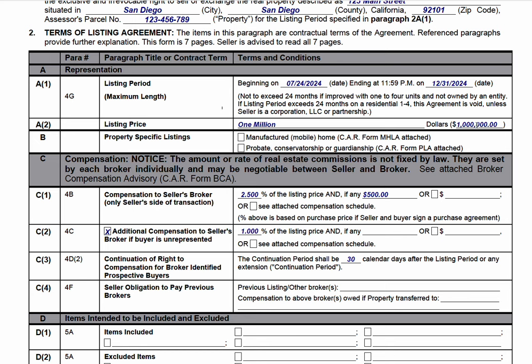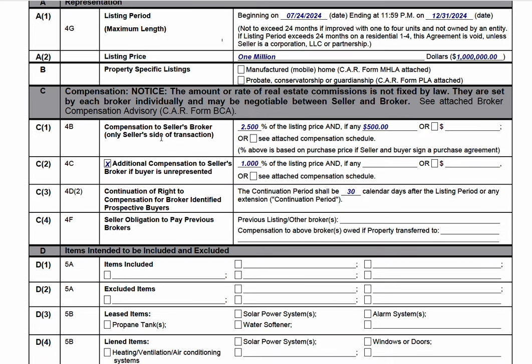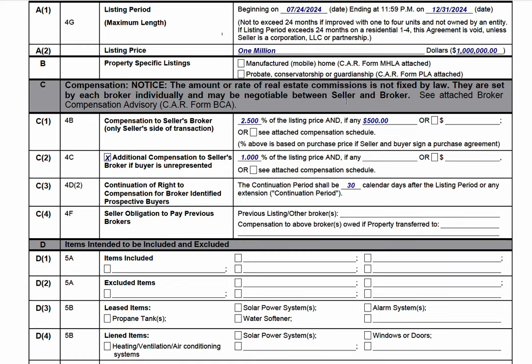Listing price, you'll put in a dollar amount and it'll automatically calculate a text version of it here. If you have a manufactured home or this is probate, just check the appropriate box. Then we come down to the compensation section with this disclaimer. You'll see this everywhere on forms now as part of the settlement, that commission is negotiable. Surprise, as if it hasn't always been. Then we come down to